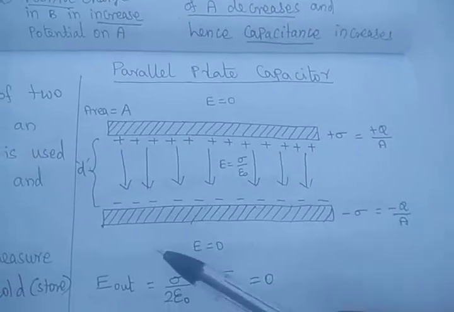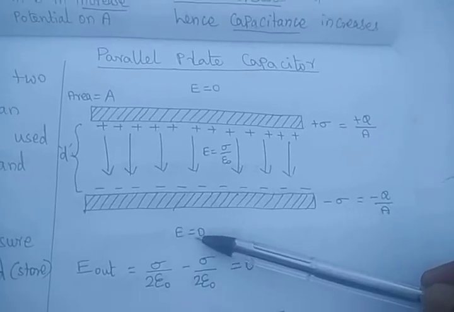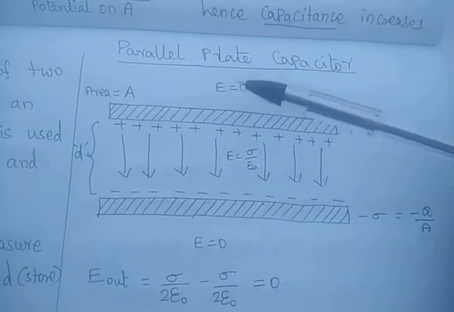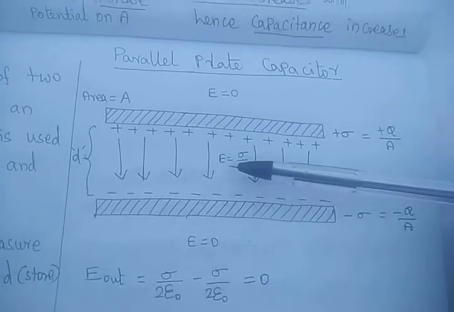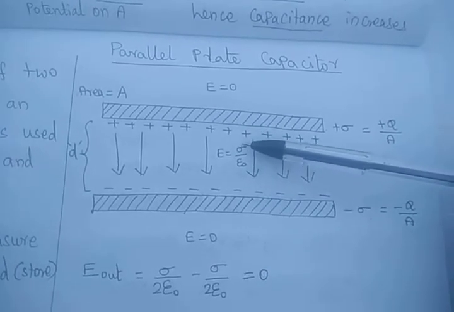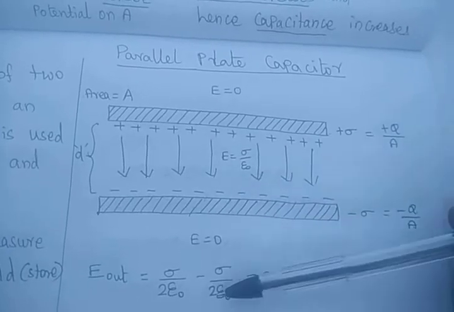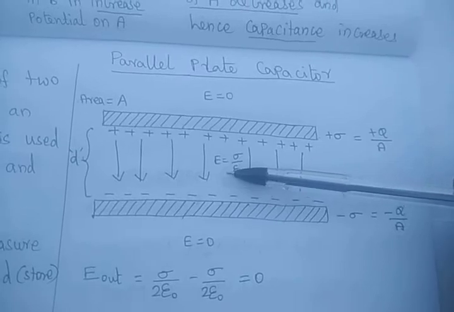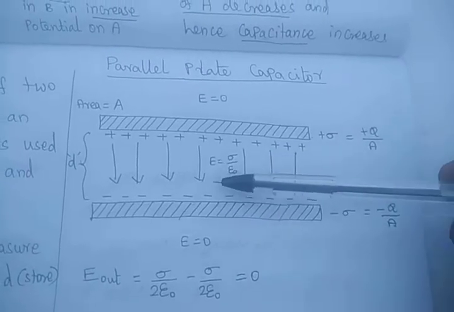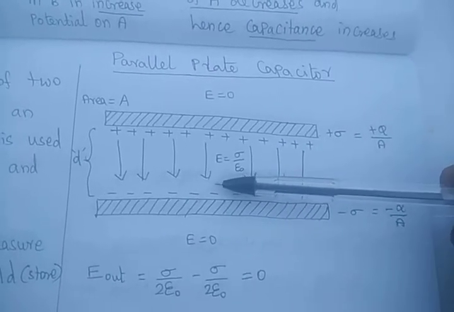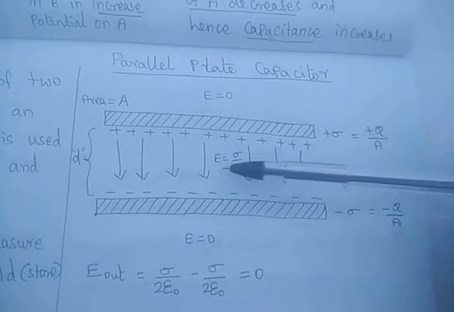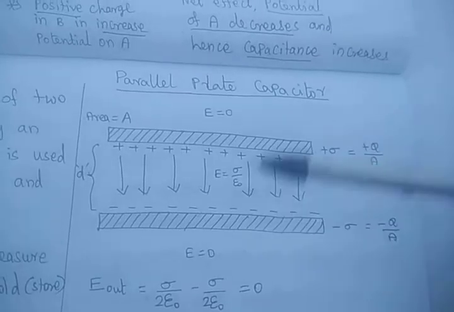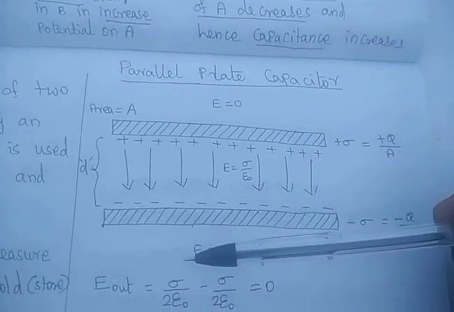Now you see the picture. In this picture it is noted that outside these two plates, the net electric field is 0, but inside, E is equal to sigma by epsilon naught. We have already seen this in the second application of Gauss law, the electric field of a charged plane sheet. In that session I clearly noted that this is the principle of the capacitor. Now we move to that page.